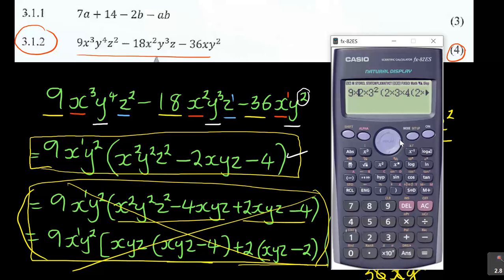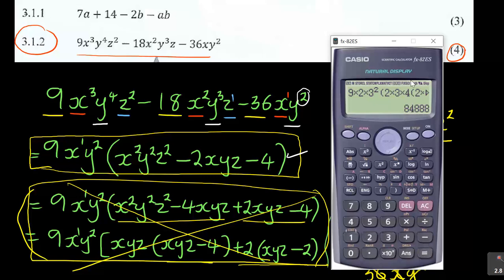So that's why I left the first one. So 9 times 2 times that. Then I opened the bracket. I was supposed to open a bracket because there is the first bracket, 2 times 3 times 4, and then there is the first bracket, 2 times 3 times 4 minus the minus 4. I left this minus 4. Alright, then plus 2, and then 2 times 3 times 4 minus 2, that must give me the same answer.